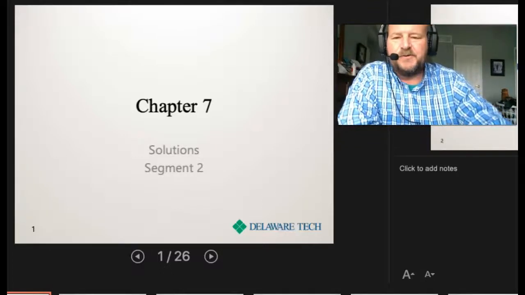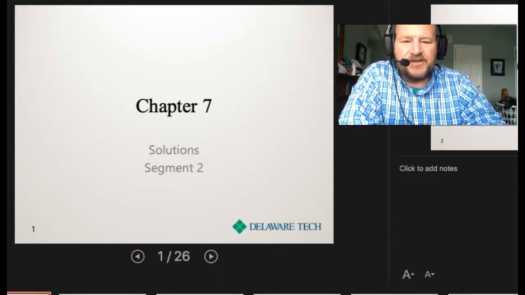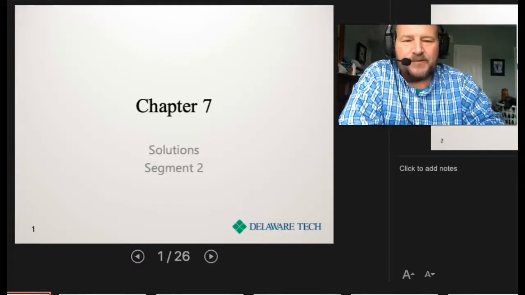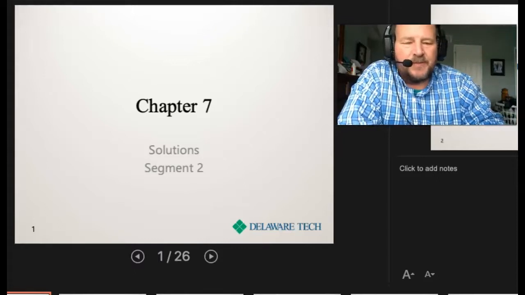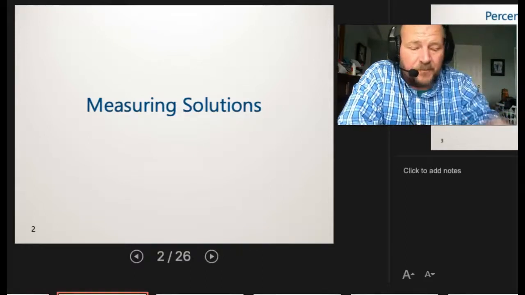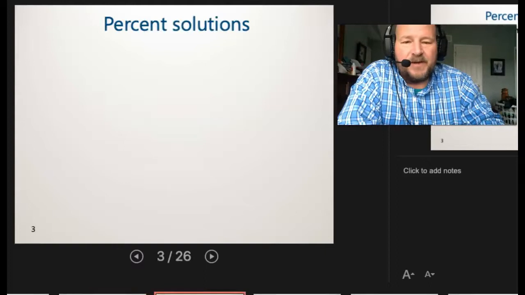So, segment 2 of chapter 7. In the first segment, we looked at a lot of the definitions for the different solutions: solvent, solute, concentration, solubility, these types of things. And we started to get to the math, and that's where we took a break. So in this segment, we're going to start right off with math, and we're going to be looking at percent